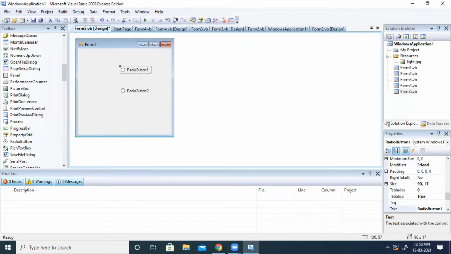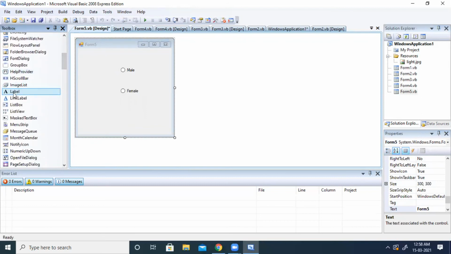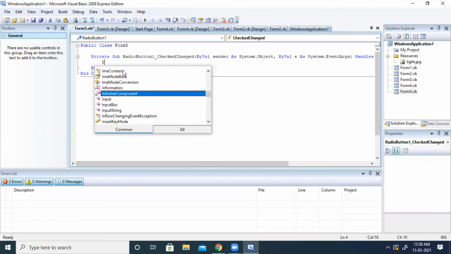This one I am going to take as male. And this one I am going to take as female. Now I am going to take a label to display the message. Here, double click on the first radio button. Here you write if